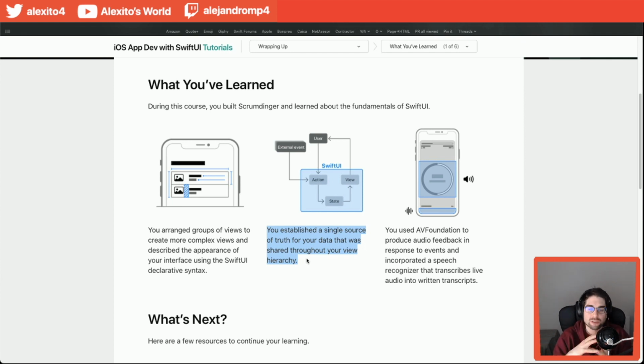And for somebody that has been using the Point-Free Composable Architecture for a long time, since it was released, even before that, it's very interesting to see that Apple is taking a similar approach. Of course, it's not the same. You don't have this whole thing about a unidirectional data flow, because of course they're using bindings everywhere, and you don't have a single place where the logic happens. Even in this application, everything was kind of spread across the views, and we stored the history and all the stuff just in the onAppear of the view, not even in a separate method and stuff like that.